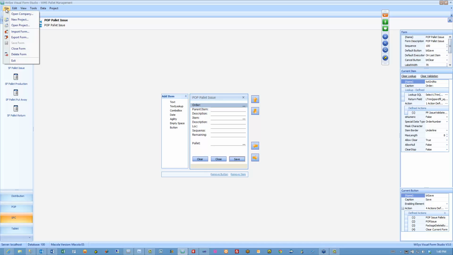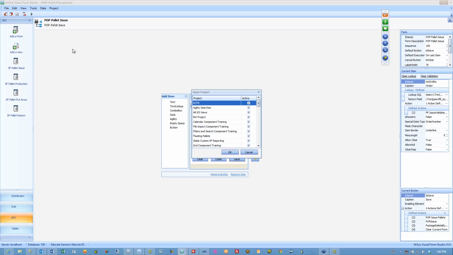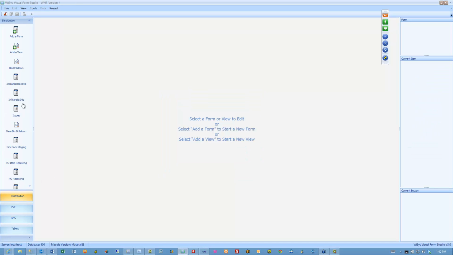I think that's really about it. Under the distribution, there's a bunch of new ones. I don't know if you guys have seen the in-transit receiving and shipping, but we do have the in-transit done,